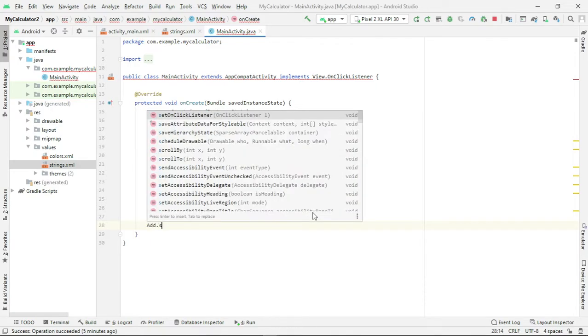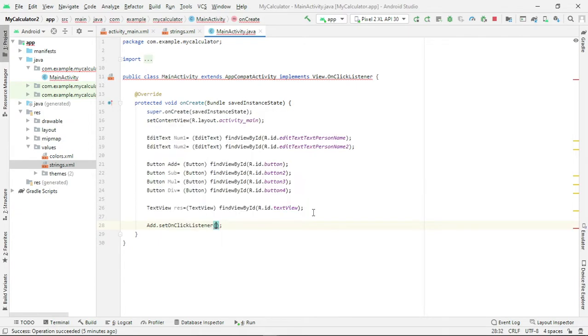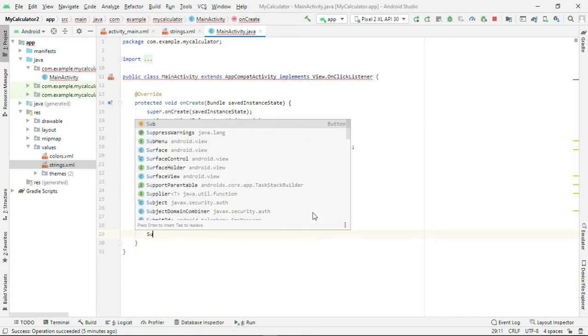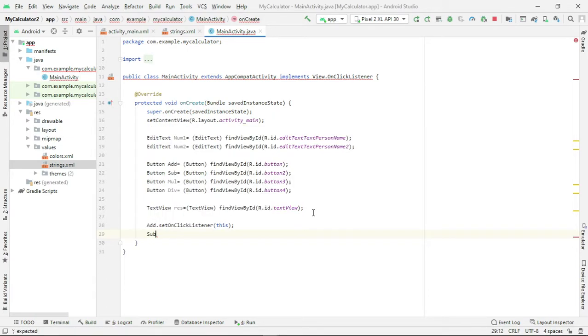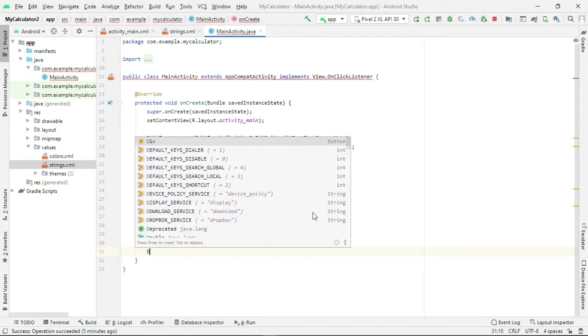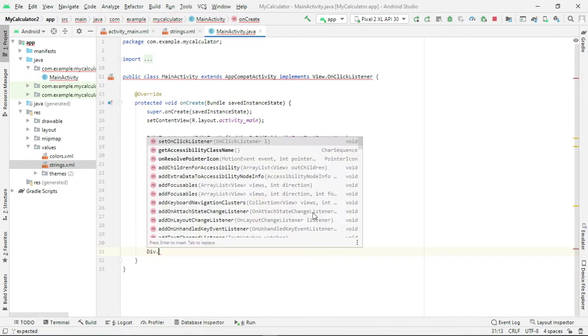Add dot setOnClickListener, and you are going to call it within this class itself, so let me write this. Next, sub dot setOnClickListener this. Similarly for multiplication and division.